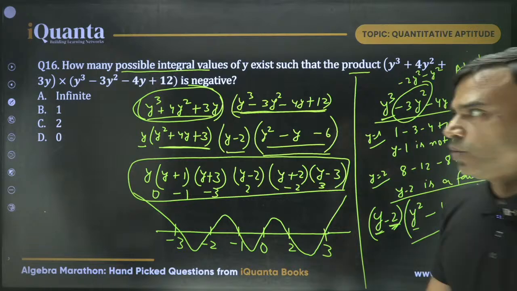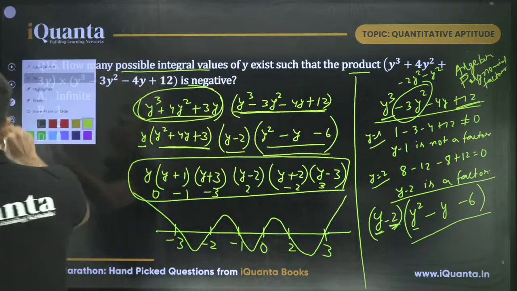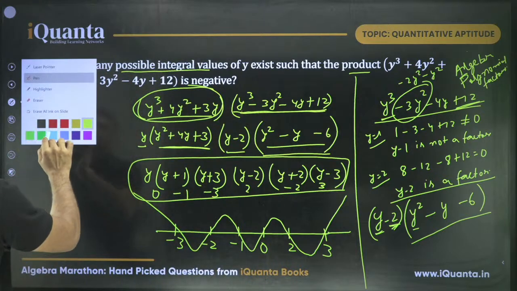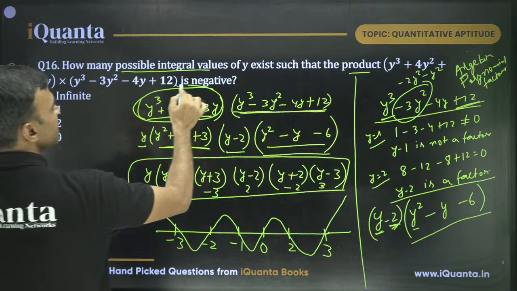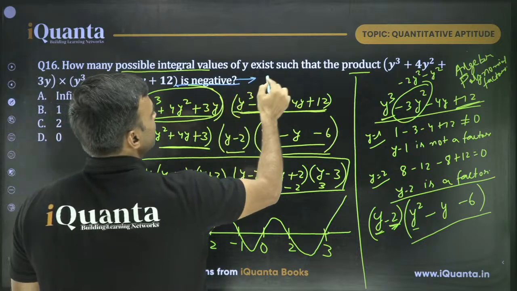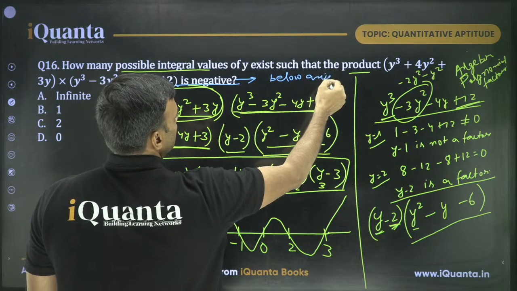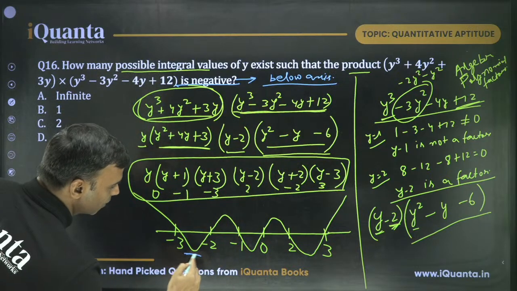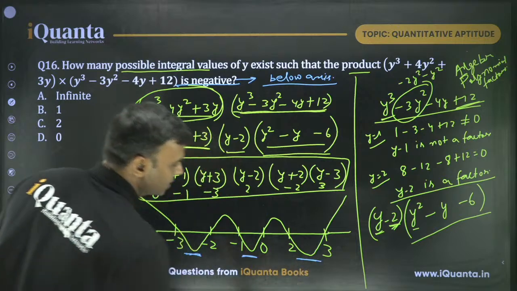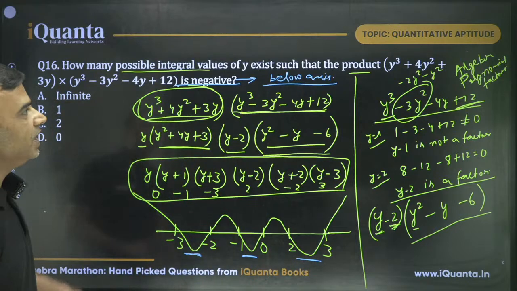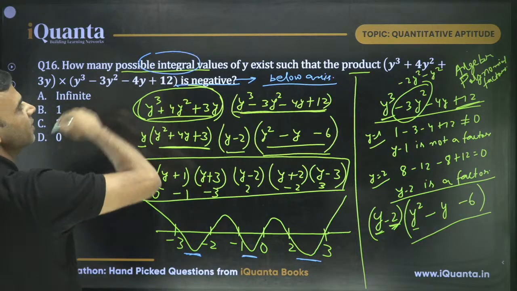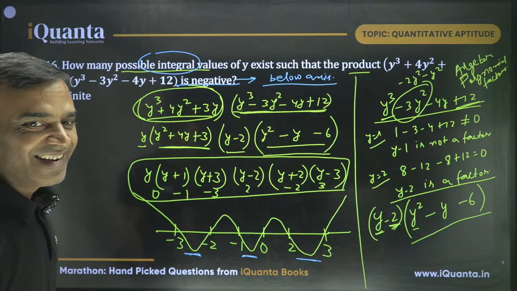Now, once you do that, what is your question? Now read the question. The question says, this is negative. Now, where will it be negative? Below x-axis? Below axis. So, below axis means ye wala portion, ye wala portion, ye wala portion. In this portion, do we have any integral value? If we have, count it. In that portion,